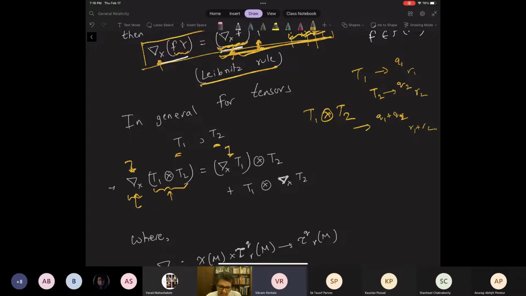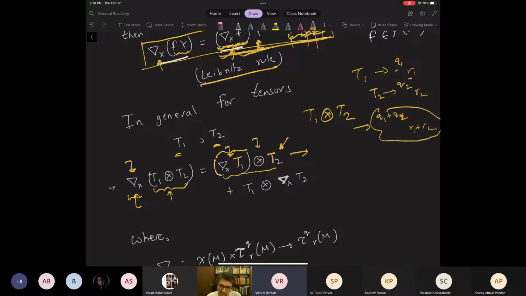Okay, the result of this will be a tensor of the same type as T1, which is a Q1 R1 tensor. And then it doesn't act on T2. So there's a tensor product of these two. The net result of this tensor product is that this derivative of T1 is also of type T1. It's the same type of tensor as the T1 tensor, and the tensor product with T2 will give you something